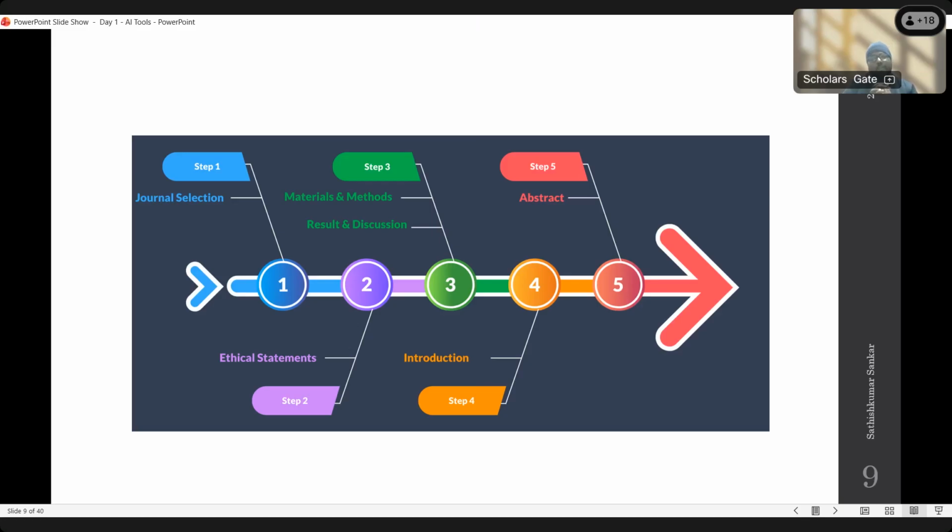Next, you write your introduction. The introduction should be robust. It should encompass the objectives, research question, hypothesis, and your research problem, and most importantly, the literature review. Most journals do not accept an individual topic for literature review, so through the introduction only we can give our literature review also. These five things we encompass in the introduction part, and finally we can craft our final abstract. Then you can go for the publication.